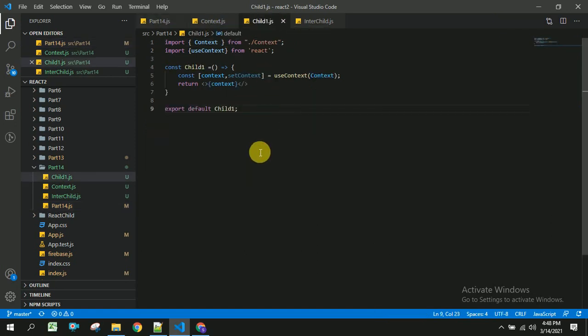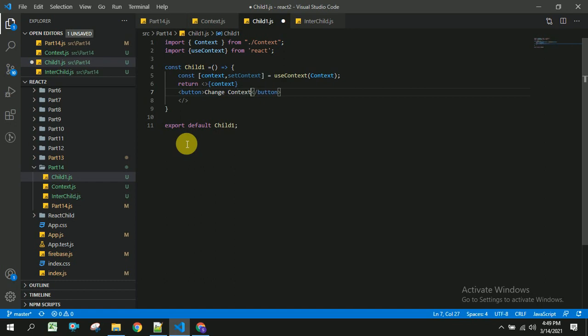So inside this child one, I am going to have some button. And once user clicks on this button, so change context.